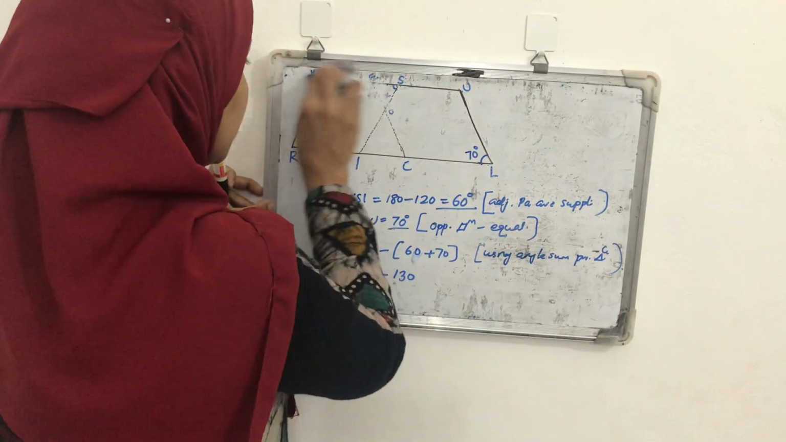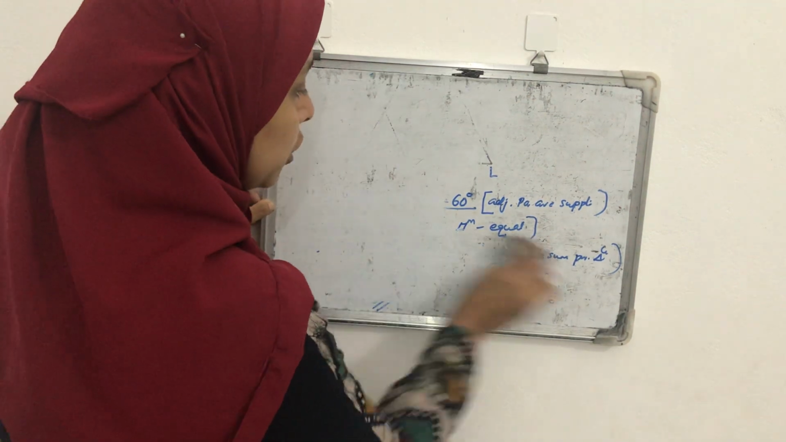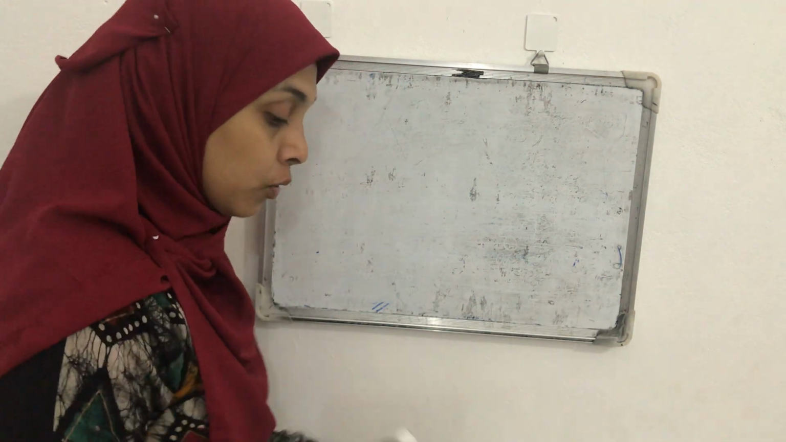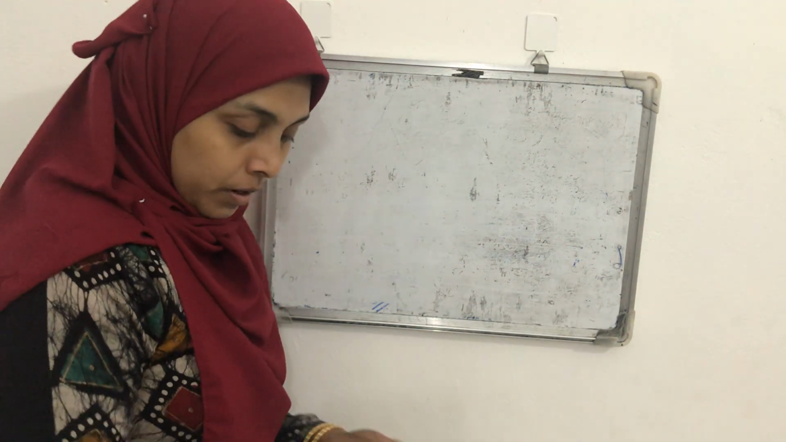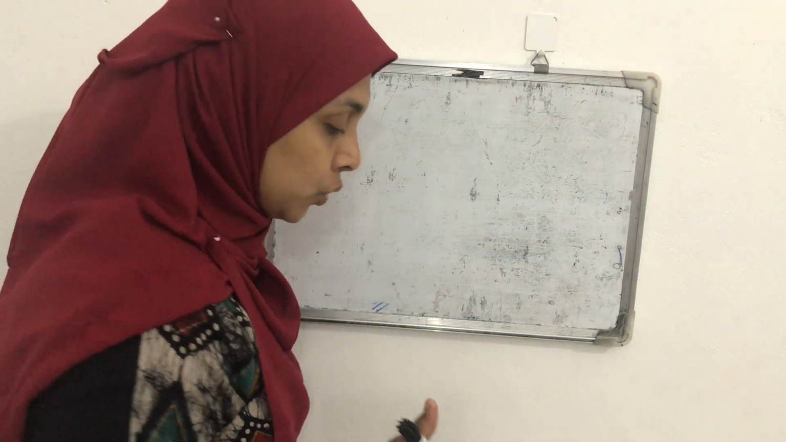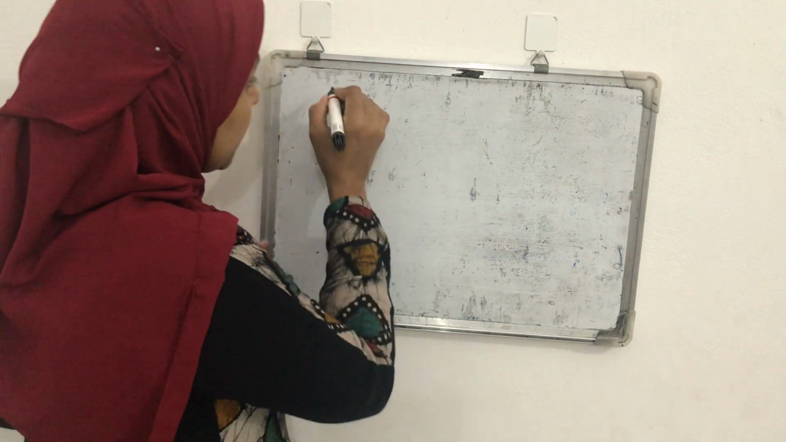Explain how this figure is a trapezium. We know, what is the property of a trapezium? At least one pair of opposite sides should be parallel. That is the property of a trapezium. Here it is given